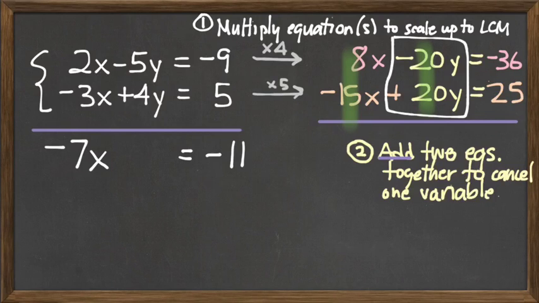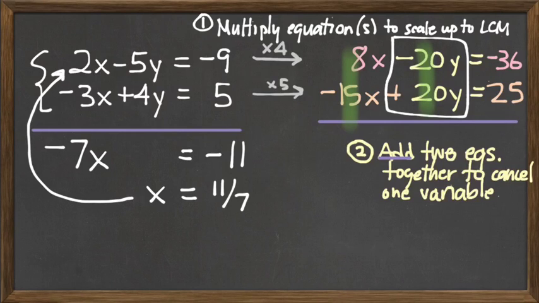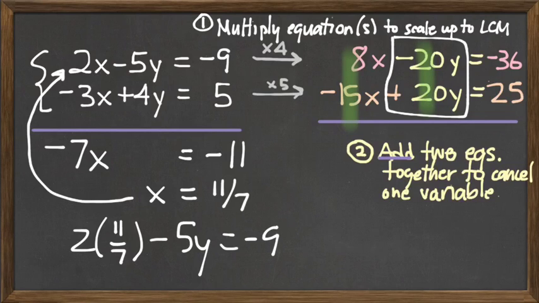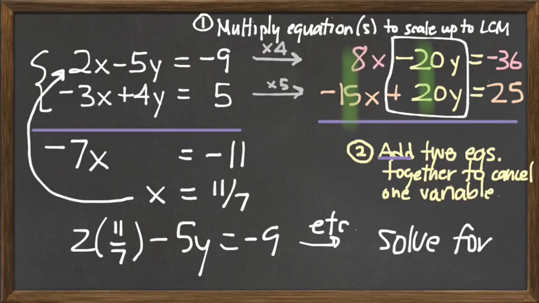I thought I chose friendly numbers for this problem. I guess I didn't succeed in that. So then dividing both sides by negative 7 will give me a solution for x. x equals 11/7. And then I won't do this part, but we would just plug that number back into one of our original equations and then solve that equation for y. But my main purpose in choosing this new example was to talk about that first step. And if you're going to make an error in this